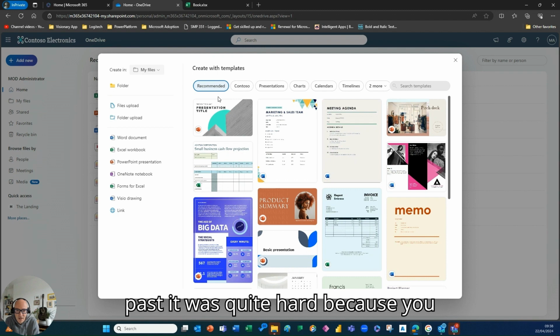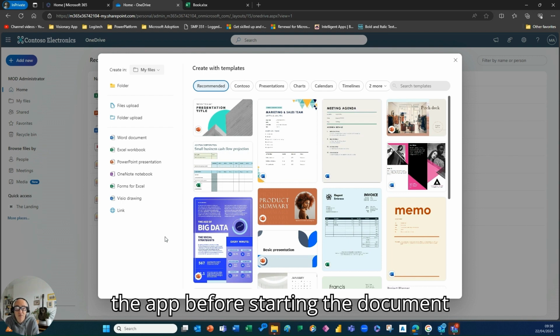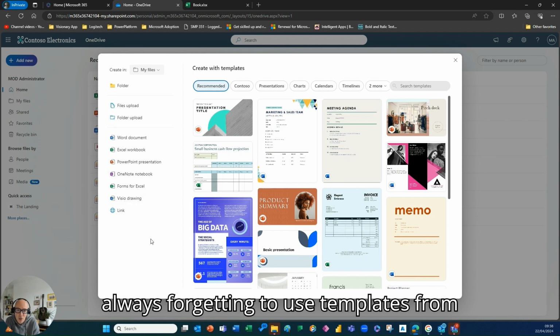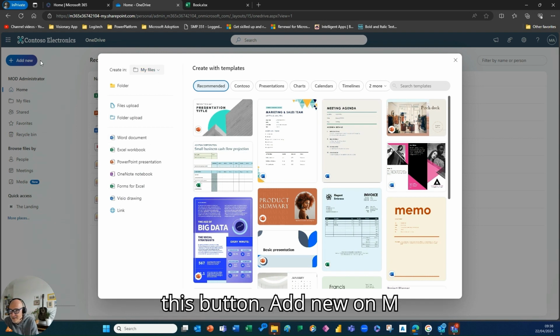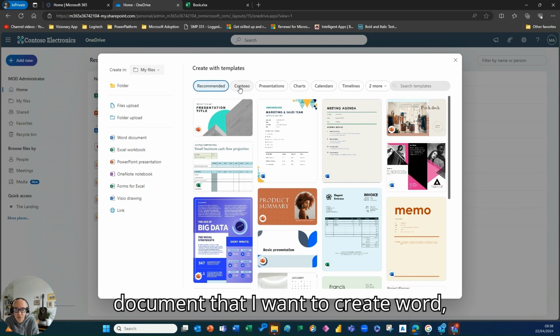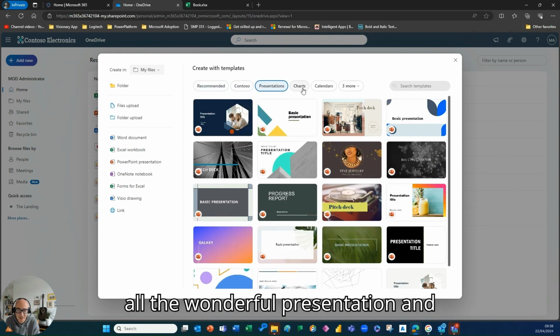So in the past it was quite hard because you had to select the templates directly from the app before starting the document creation, and in my case I was always forgetting to use templates. From this button, so my add new and my files in OneDrive web app, I can select directly the document that I want to create, Word, Excel, or just go and browse all the wonderful presentation and templates that are